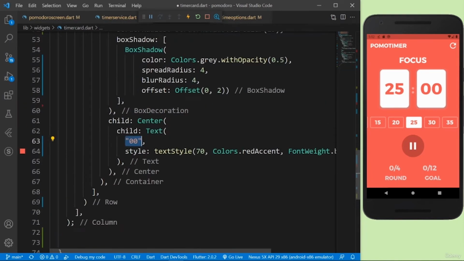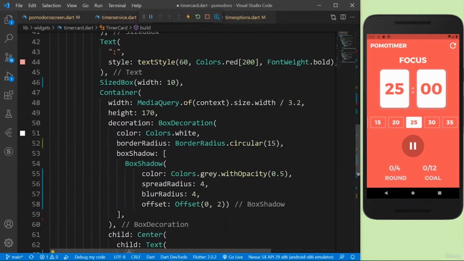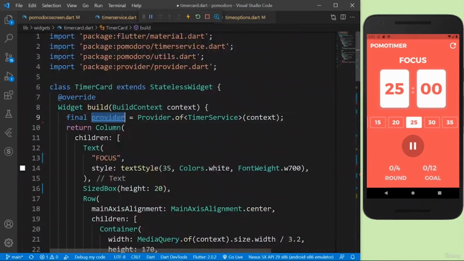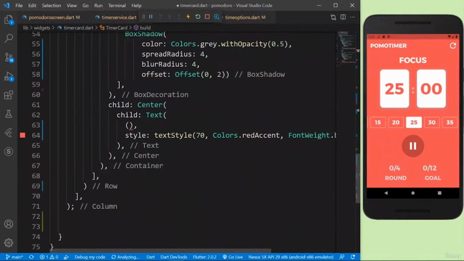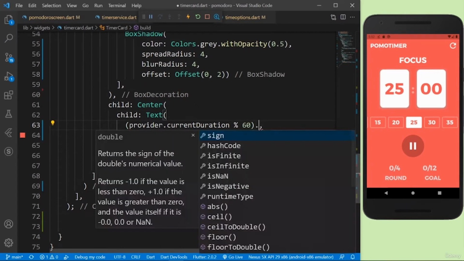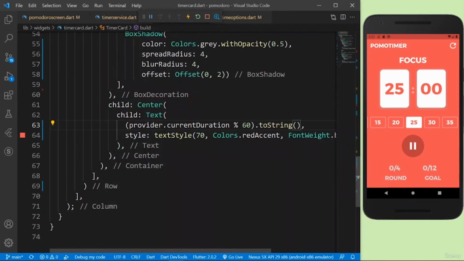This same technique, we're just going to say int dot, not int dot parse, the provider dot current duration modulo 60. So to get a remainder, now let's convert it back to a string. So I said to string. Now when I save everything, I will have 0. There you go, 0.0. But I don't want it to have a decimal number, so I'll convert it back to